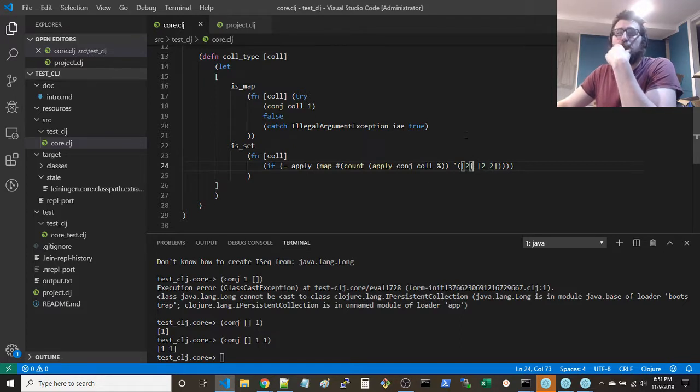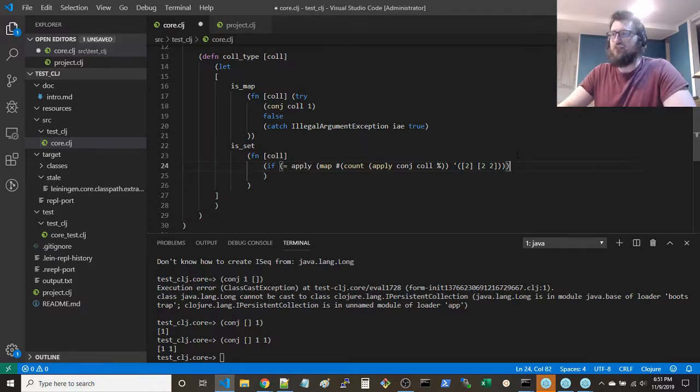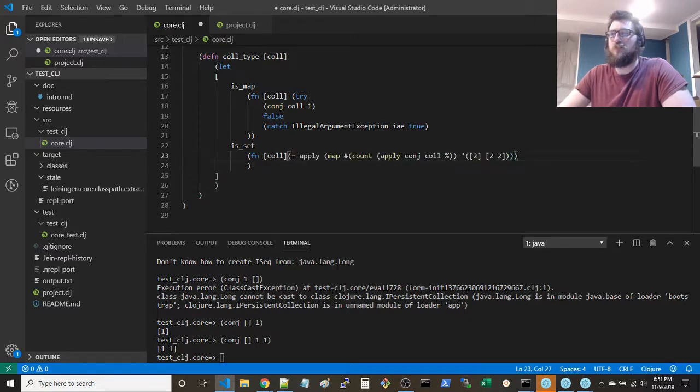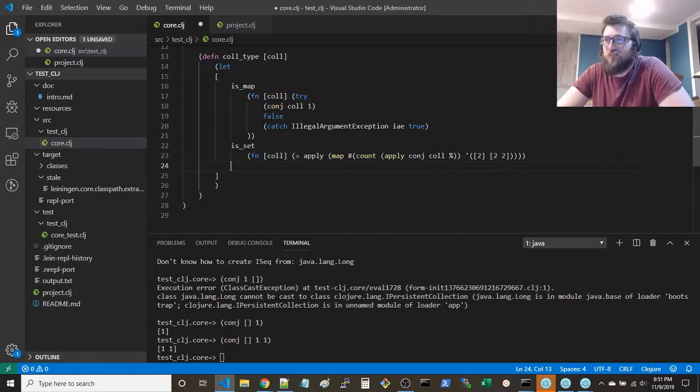If it's not a set though, then you won't get the same size, which is what you want. So pretty nifty little check here. But that's actually it, we don't need anything else. Let's just return this value, whether it's true or not. Pretty nifty little check here.